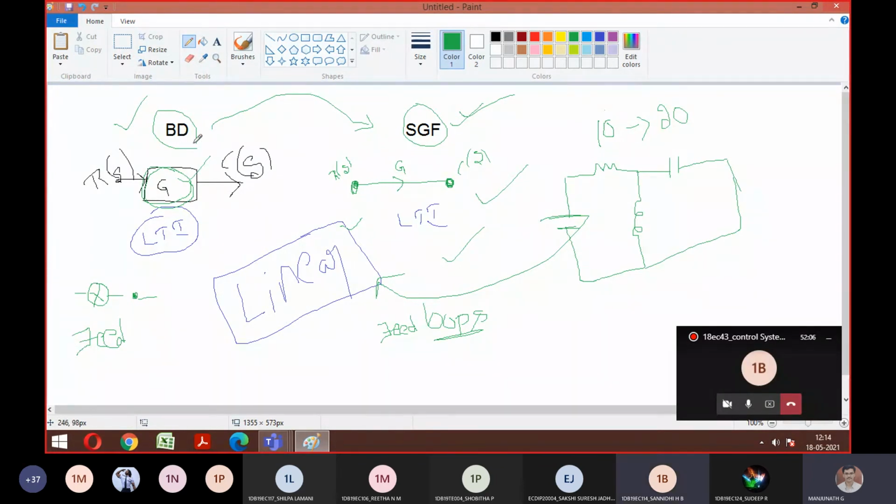The first point is pictorial representation, sir. Good. So this is the picture representation. Next, both are used in LTI. Good. So linear time invariant system. This you learn in your signals and systems topics. Next, in block diagram we used to have feedback path, but in signal flow we have feedback loop. Good. Very good. Next, in block diagram, time consumption is more. In signal flow, it's less.